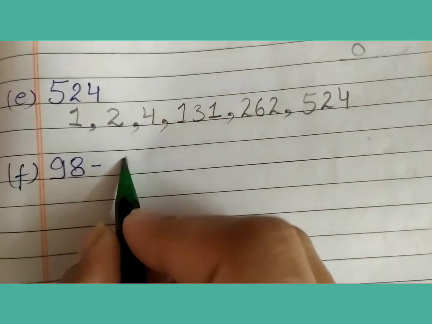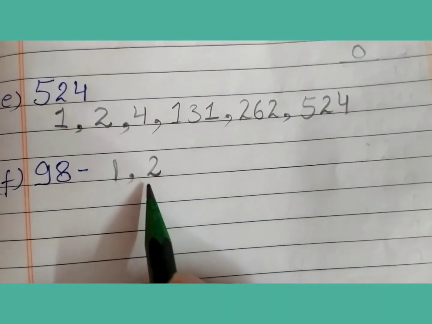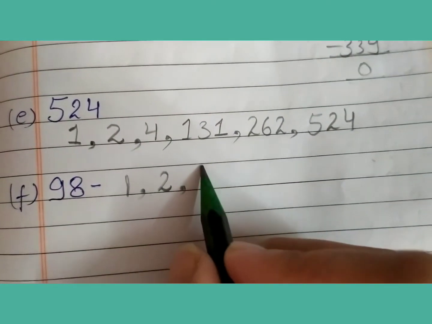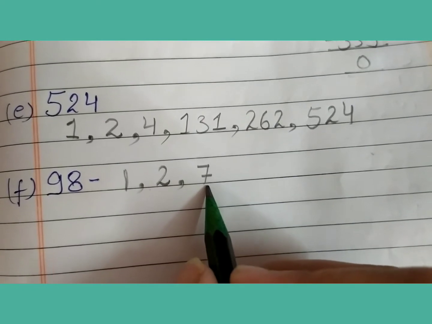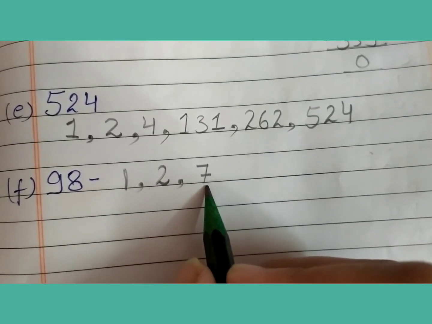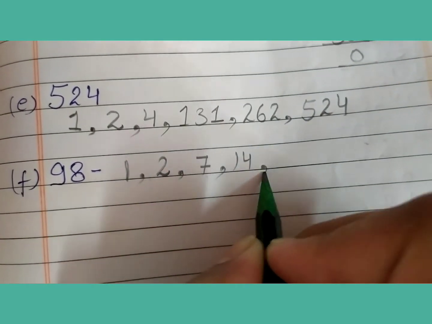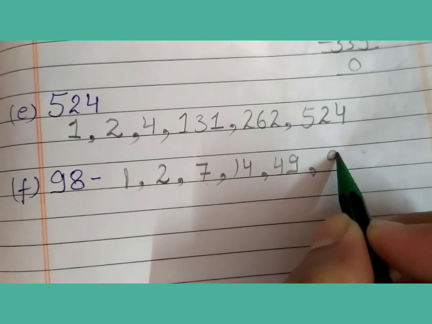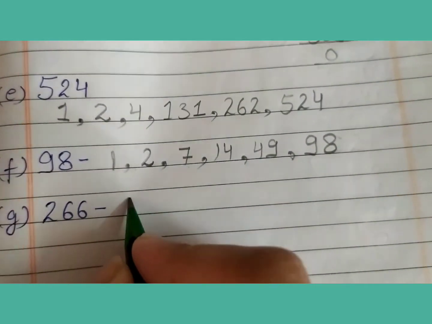98. 1 is a factor of every number. 98 is divisible by 2, so 2 is a factor of 98. Next is 7. 98 is exactly divisible by 7, so 7 is a factor of 98. Next is 14. Next is 49, which is a factor of 98, and 98 is a factor of 98. 1 is a factor of